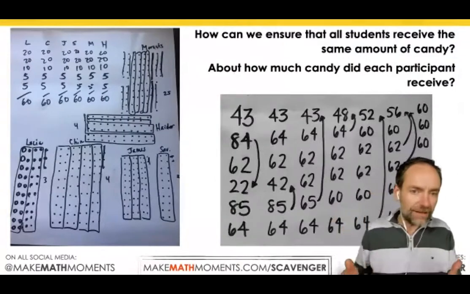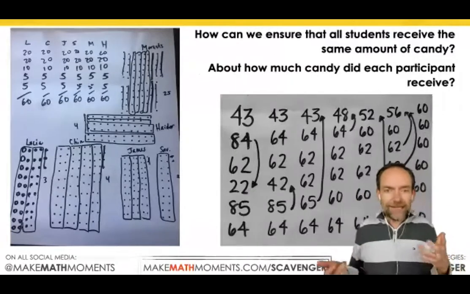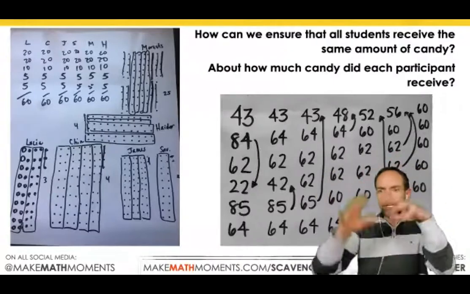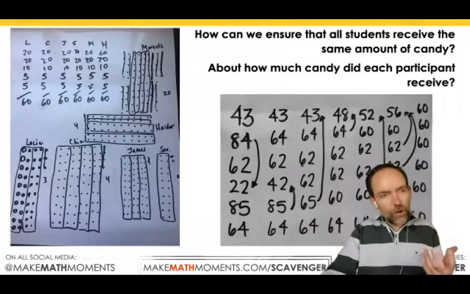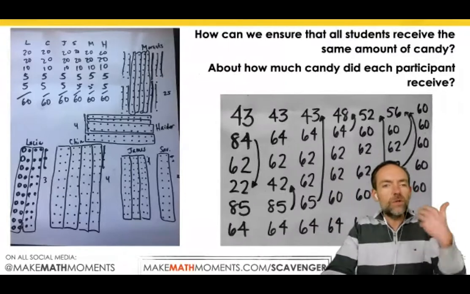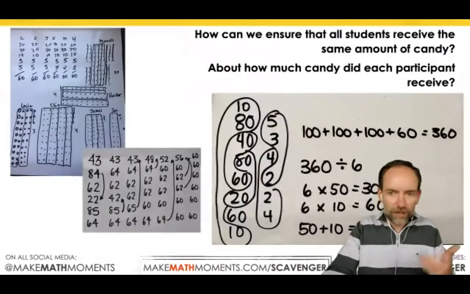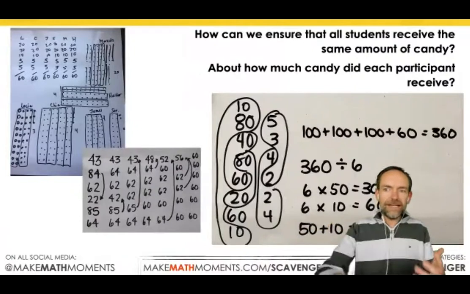My daughter did this when she was calculating the mean. She's in grade 3 and she just took some from these big numbers and added them to the small numbers. And then she adjusted. It was fascinating to see, because I had no idea that's what a student would do. I was just told to add them all up and divide by how many people there are. So there are so many strategies that can emerge here.